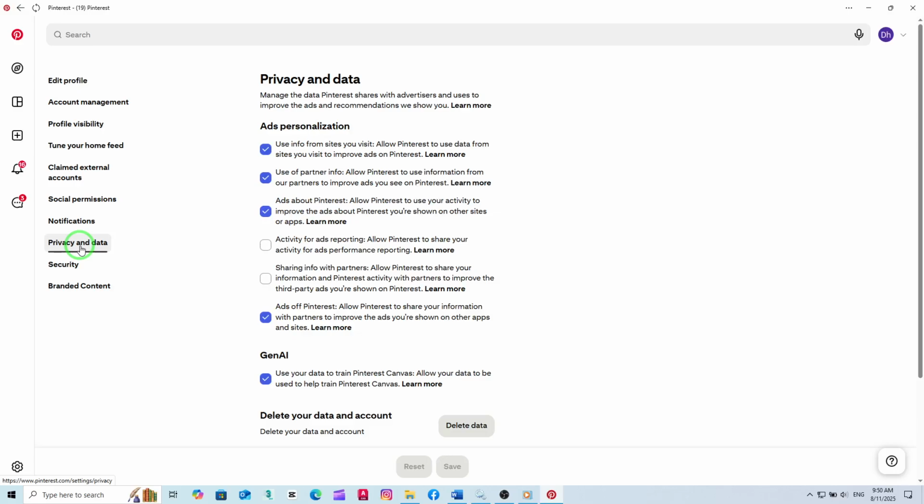Here's the key step. Look for the option labeled Ads Off Pinterest. By default, this option may be checked, which means Pinterest is allowed to share some of your information with their partners to show you personalized ads. To enhance your privacy, simply uncheck this box. This small change will stop Pinterest from sharing your data with external ad partners, giving you more control over what